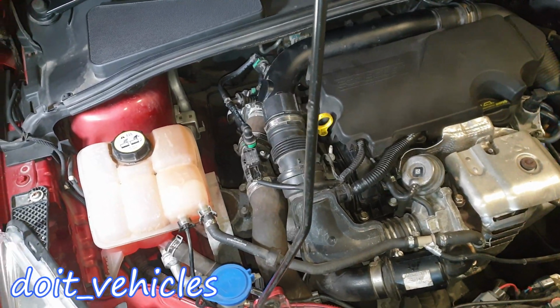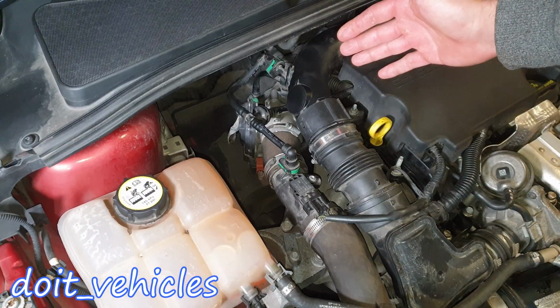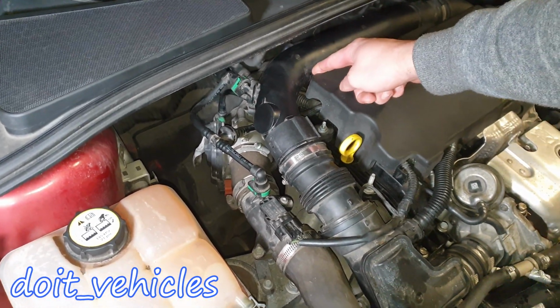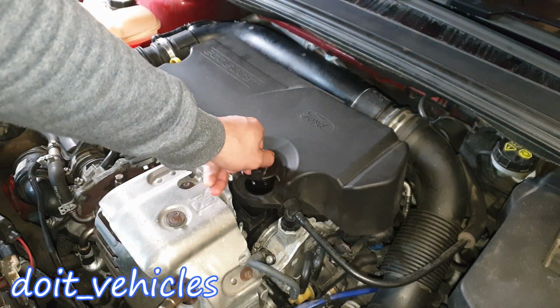Basically on this car there are two air pressure sensors. One is located between the throttle body and the turbocharger. And the second one is located after the throttle body, basically on the intake manifold. So in order to get access to that one, we gotta remove this intake pipe, open the oil cap,